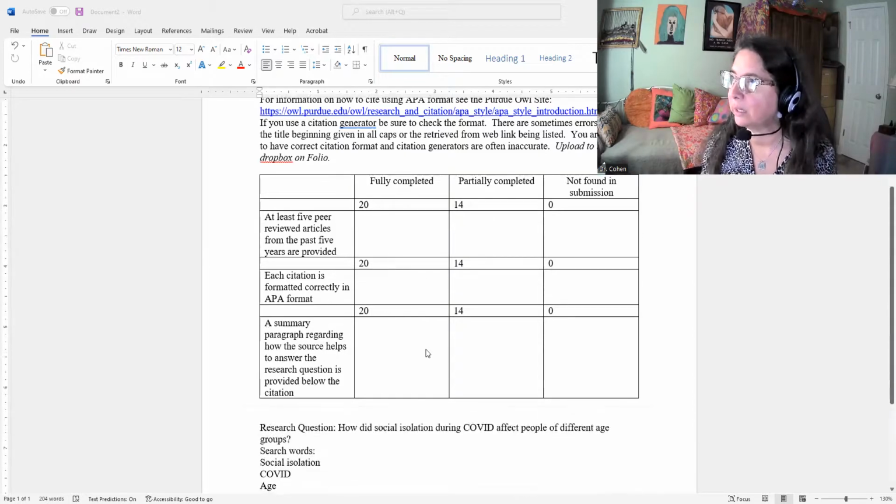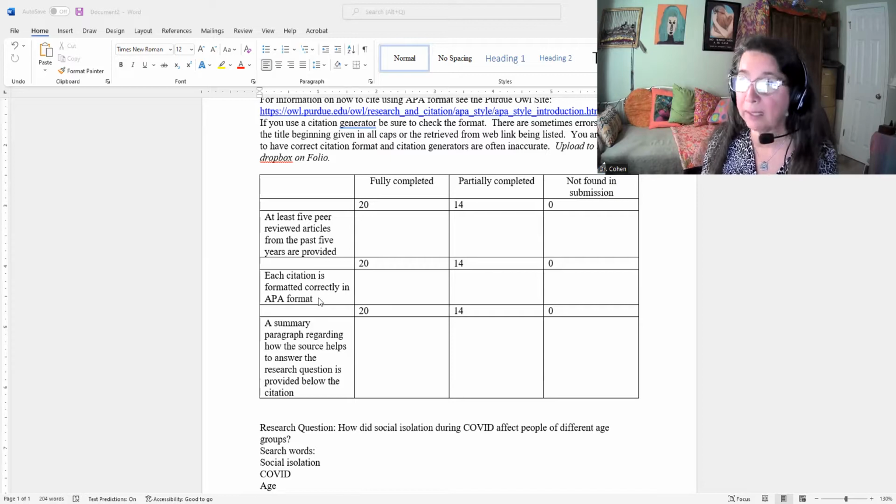Okay, so this is the grading rubric. At least 5 peer-reviewed journals in the last 5 years have been found. Each citation is formatted in APA style, and a summary paragraph regarding how the source helps to answer your research question is provided. I also want to show you, I'm going to stop the share and